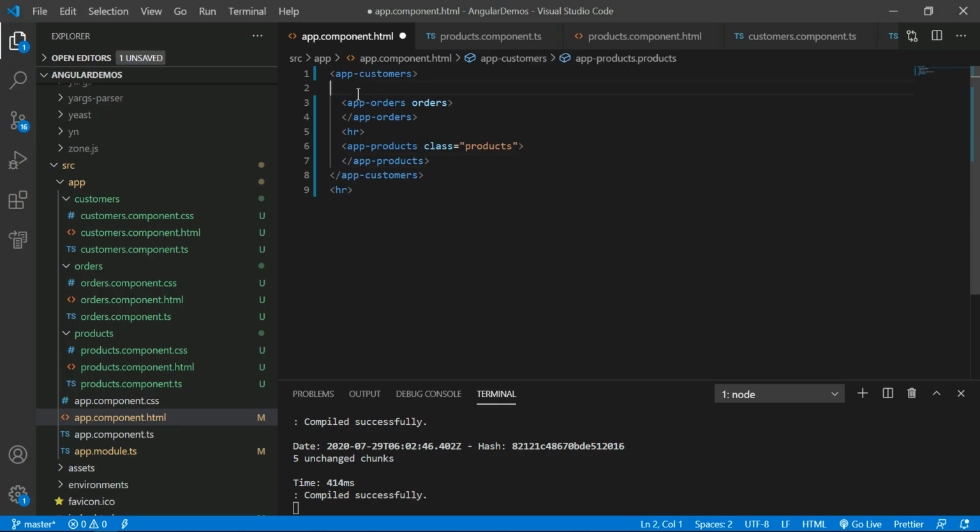Now you understand the use of ng-content. ng-content is useful to project the content available in the component into the parent component. Here the parent component is the customers component, so I am projecting this content into my parent component. You can use multiple ng-contents in the parent component, and each ng-content should have a different reference type.